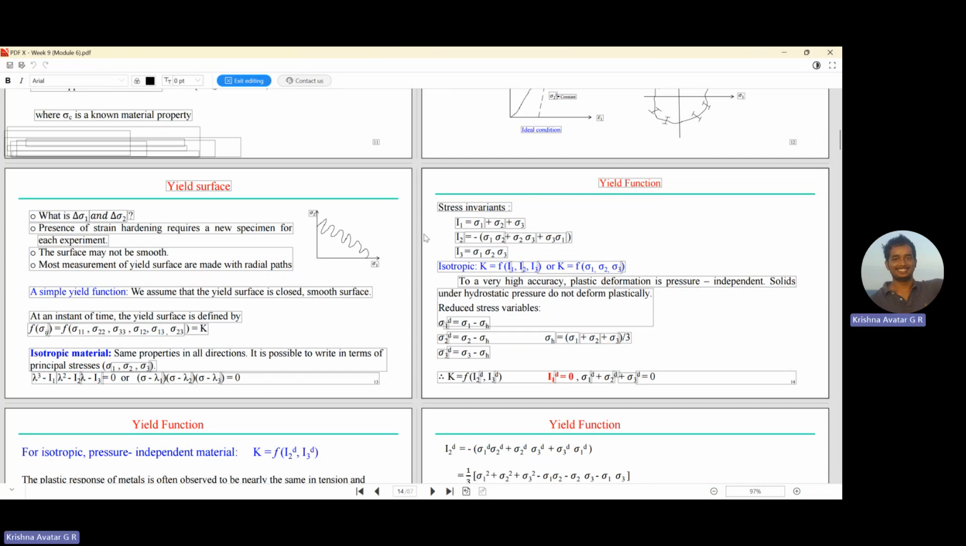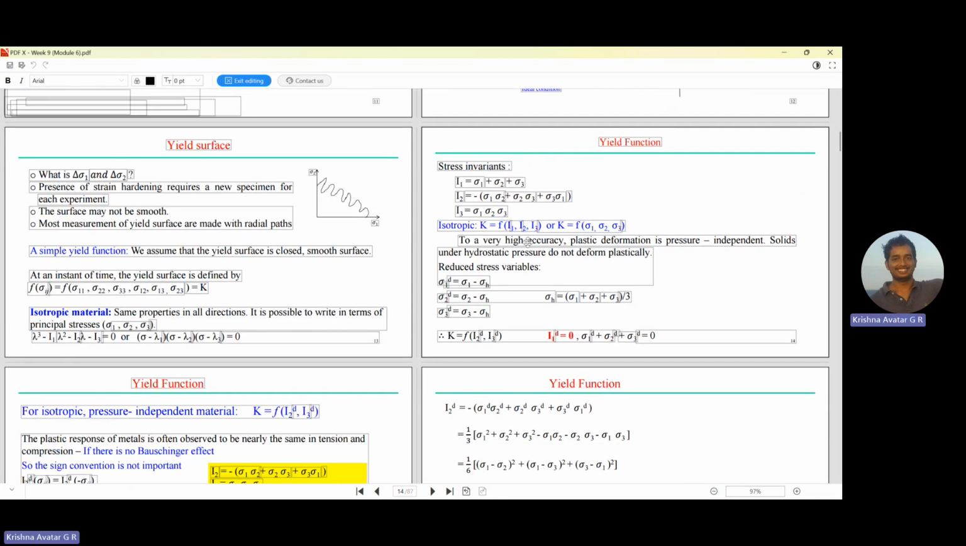Right. So we have this, again following the same procedure. Here we have three different stress invariants in a similar form to what we had discussed when we were talking about principal stress. Now we have these three invariants. For isotropic material, we take K to be a function of the three invariants, or otherwise we can also write it in terms of the principal